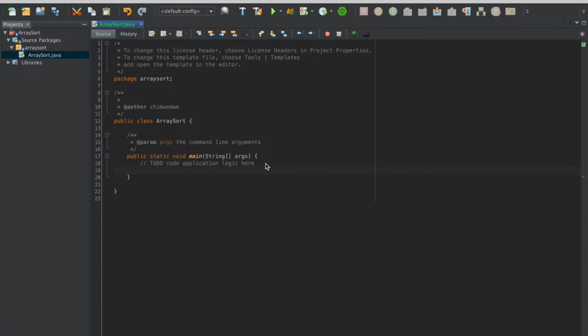So we're going to initialize an int array. This is a sample array, so we'll say 1, 2, 3, -1, -2, and then 4. Okay, once we initialize that array, we'll just call Arrays